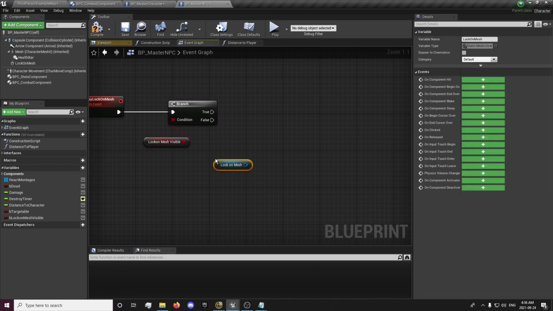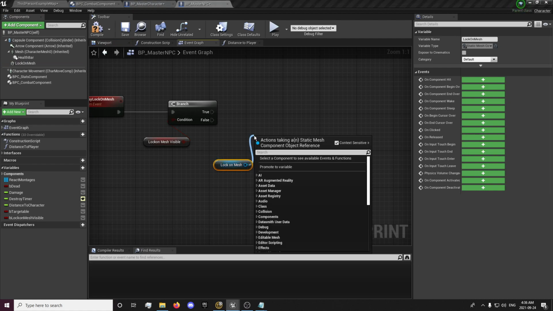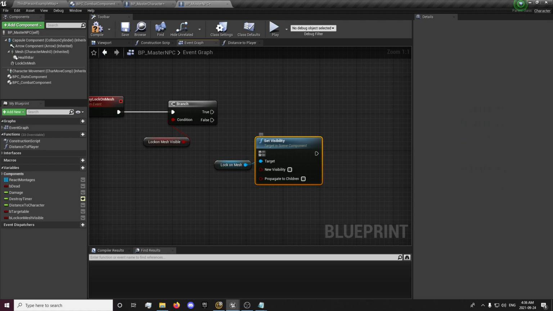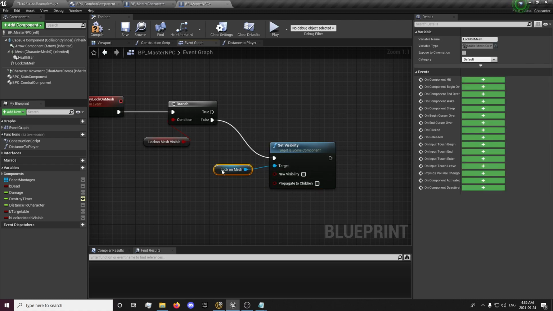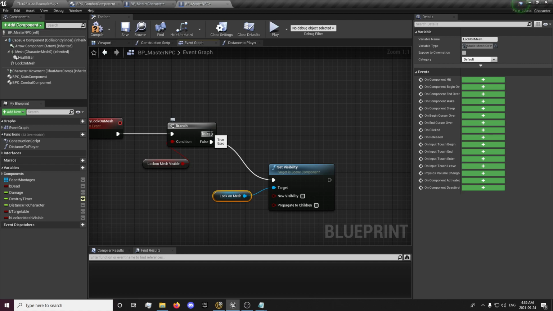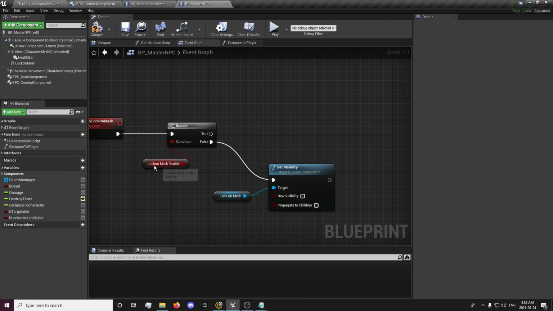So we'll grab our lock-on mesh, set visibility. And it's false. Set it to new visibility blank and false, and if it's true,